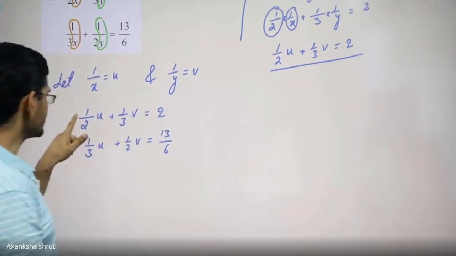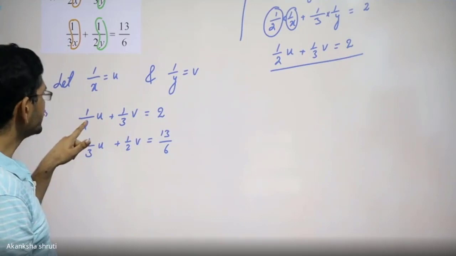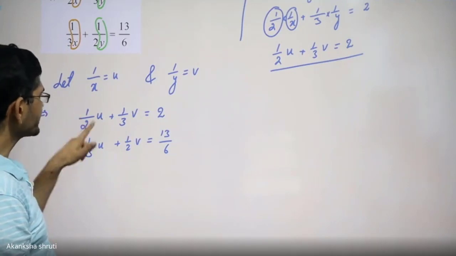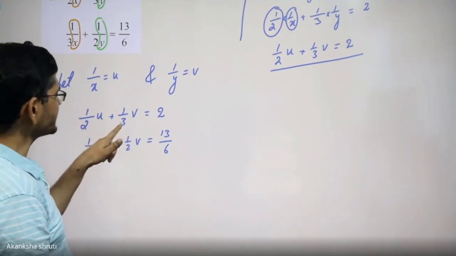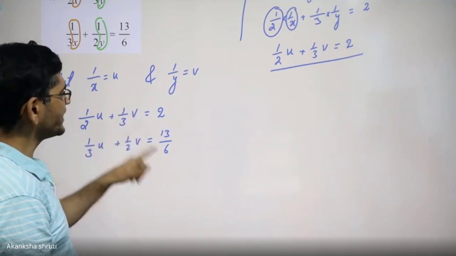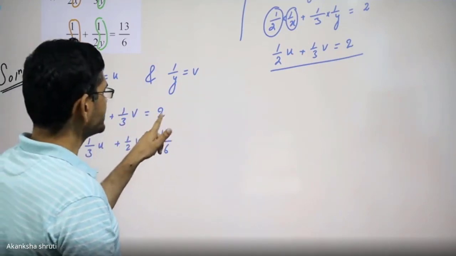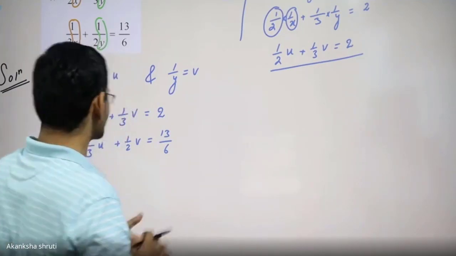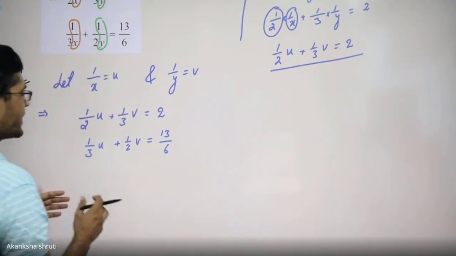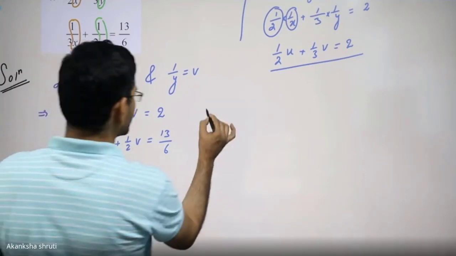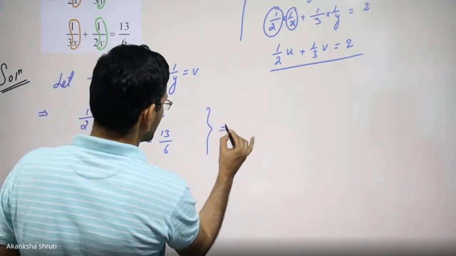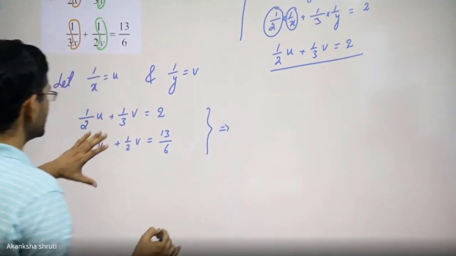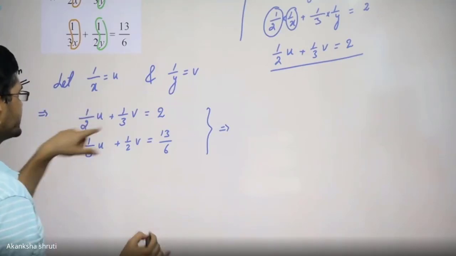While you are going to multiply the first term by 6, it becomes 3u, the second term by 6, it becomes 2v, and on the equal side 2 multiplied by 6 gives us 12. So आप directly ऐसे करके लिख सकते हैं. और यदि आपको doubt है तो देखिए मैं इसे solve भी कर देता हूं, मैं इसे further लिख देता हूं. I can write directly, but कुछ बच्चों को doubt होता है कि सर कैसे लिख रहे हैं.